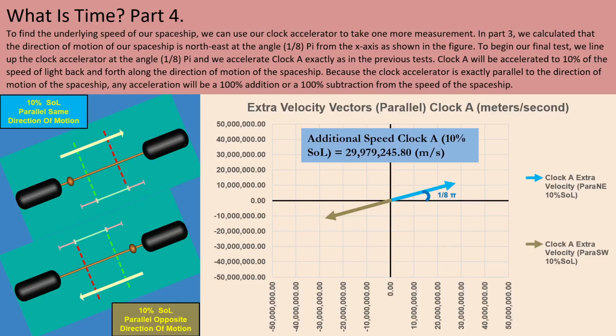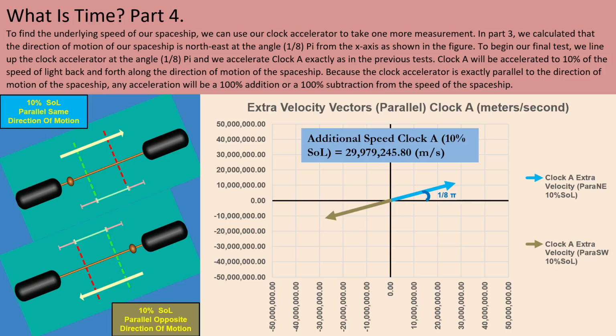In Part 3, we calculated that the direction of motion of our spaceship is northeast at the angle 1/8 pi from the x-axis as shown in the figure. To begin our final test, we line up the clock accelerator at the angle 1/8 pi, and we accelerate clock A exactly as in the previous tests. Clock A will be accelerated to 10% of the speed of light back and forth along the direction of motion